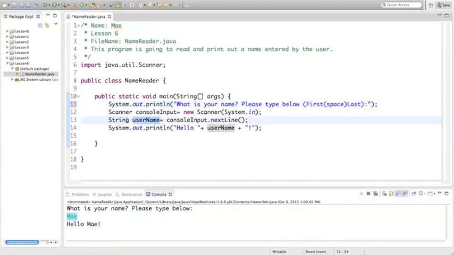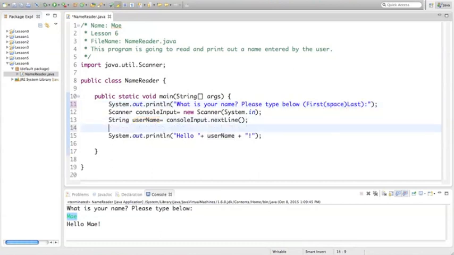But now we want to manipulate this string or change it. So if we want to separate their first and last name, how did they separate it when they typed it in? They separated it with a space. So we're going to set that space to be a number or a certain integer. Integer, let's say x, is going to be assigned to our username